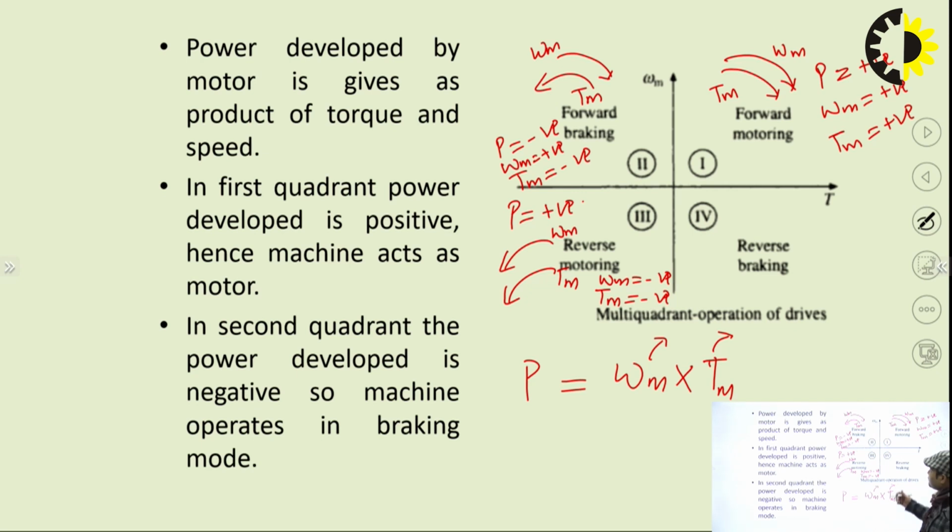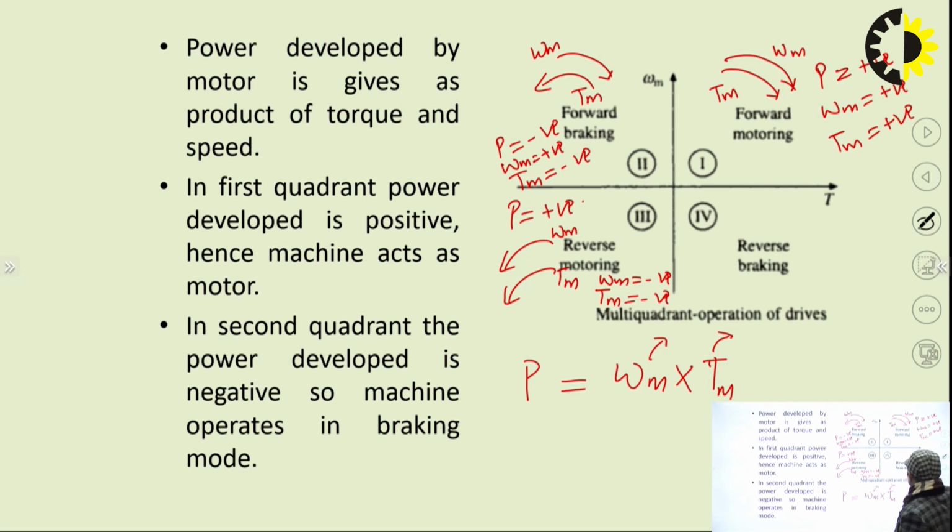But when we are talking about the braking mode, the mechanical energy or inertia of the motor, which contains the energy, is converted into electrical energy. Therefore, negative power means power is being fed from the load to the source, meaning the motor is at the load end, so the motor is working as a generator and power is being fed back to the source.